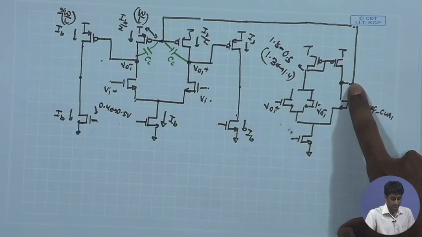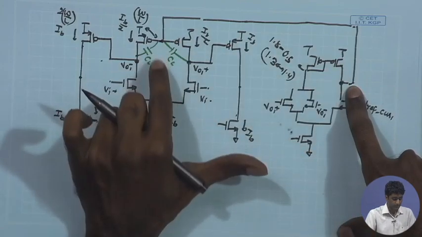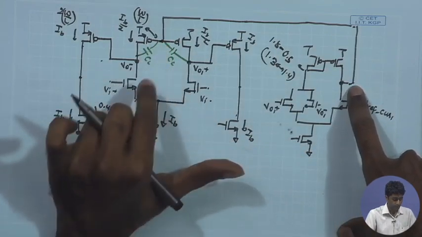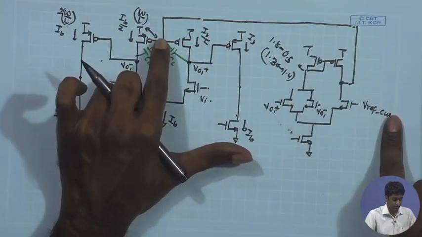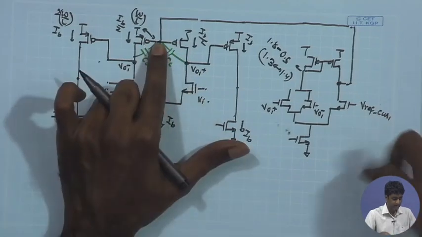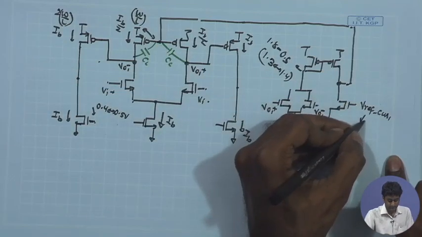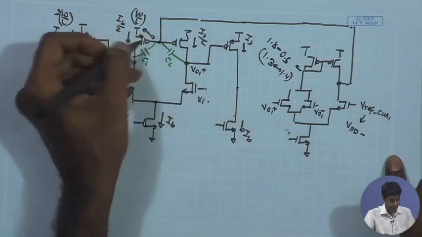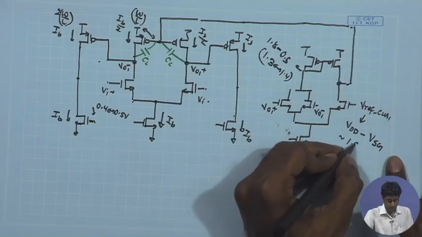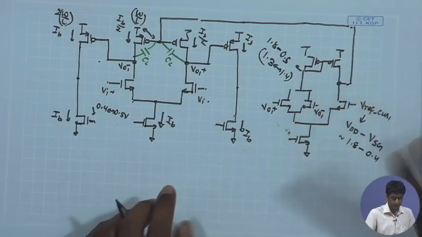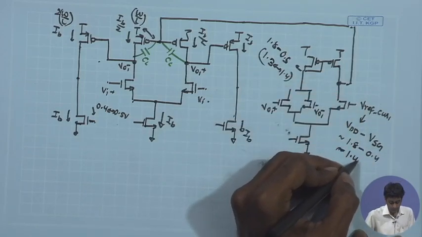Therefore, this drain potential, or the output DC potential under stable operation, should be close to the required output common mode that you get over here, which should be close to the VGP of this load transistor, and that VGP is once again going to be close to VDD minus mod VTP. Therefore, I would expect this VCM Ref to be close to VDD minus VSG of the PMOS, which is once again going to be 1.8 minus 0.4, 0.5 volt. So, once again around 1.4. So, the VCM Ref value that I am getting over here is going to be around 1.4 volt,